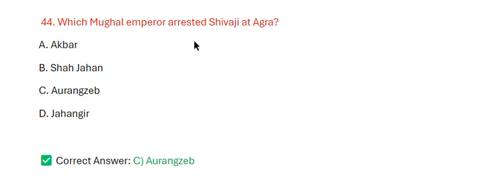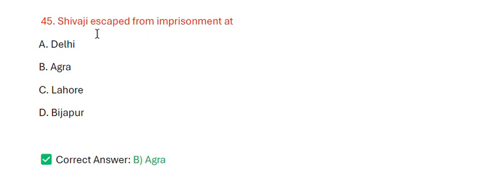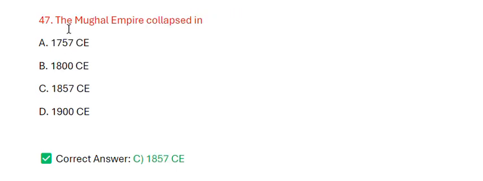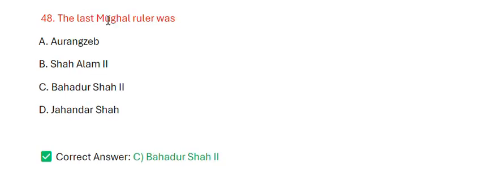Which Mughal emperor arrested Shivaji at Agra? The correct option is C, Aurangzeb. Shivaji escaped from imprisonment at? The correct option is B, Agra. The Mughal Empire was founded by Babur in? The correct answer is 1526 CE. The Mughal Empire collapsed in? The correct option is 1857 CE. The last Mughal ruler was? The correct option is C,